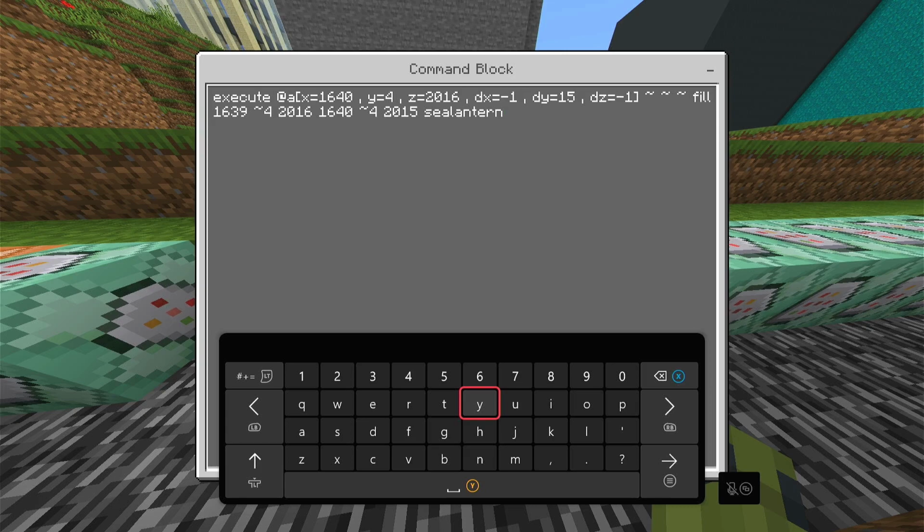You're going to put it like 10 or 15. Trust me, it doesn't matter. Just make it so it'll reach your second floor. So if your second floor is like 10 blocks up, put like 15 or something. And so you execute at A, and then do those coordinates you just got, and then 3 tildes, and then